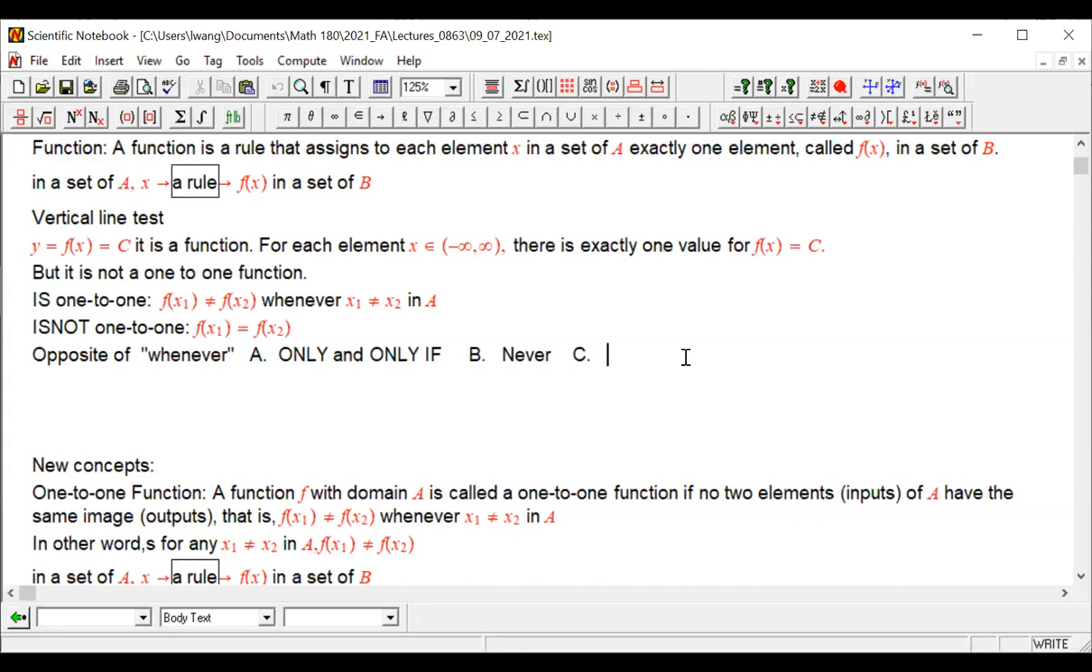Haha, this requires some logic, right? Is never the opposite of whenever? It's a part of it. It's not all of it. Okay. The opposite of whenever is for some